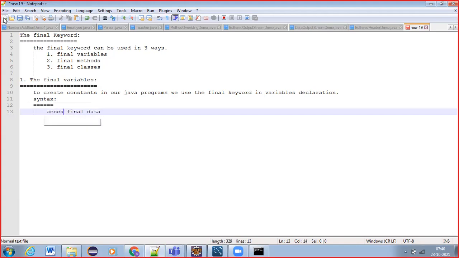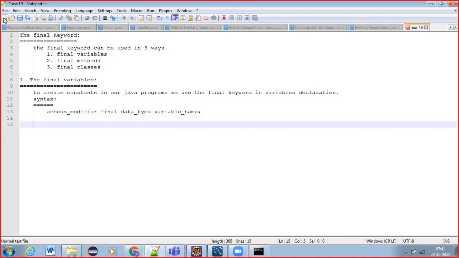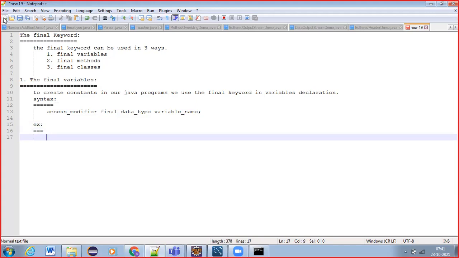So access modifier, final, data type, and then variable name. Variable name, you can say identifier also. So next example, access modifier.